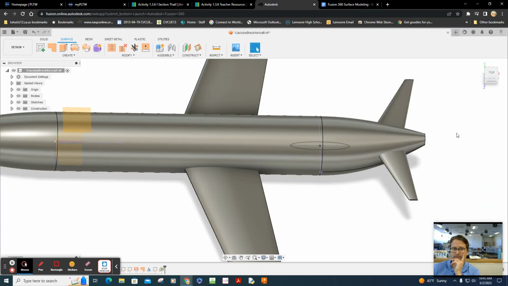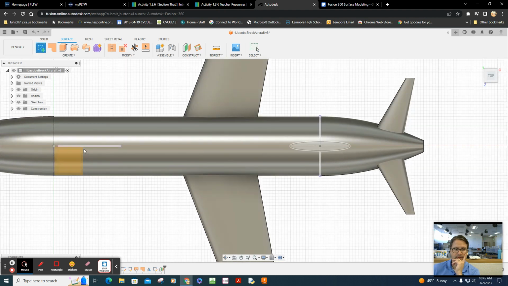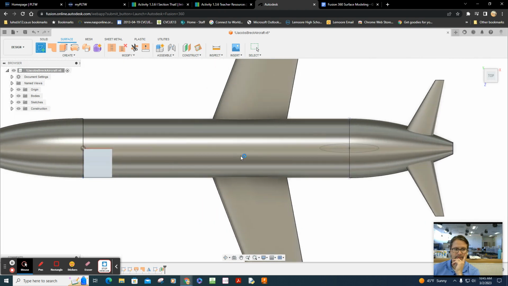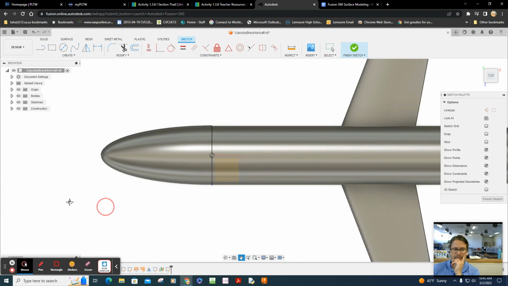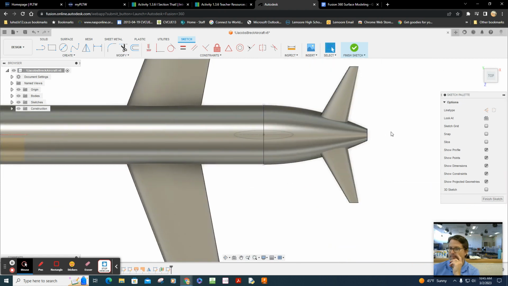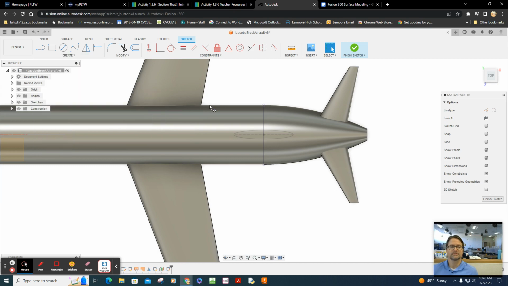All right, so let's go to top view and sketch. There it is. So it says it's back here, so let's just drop it back here. Ellipse.